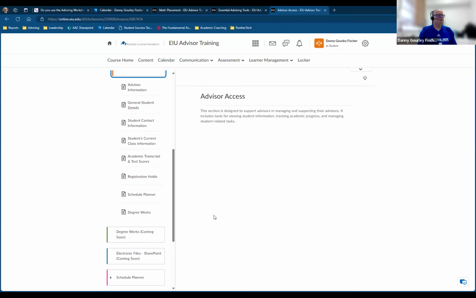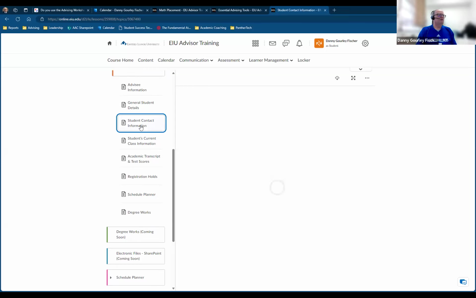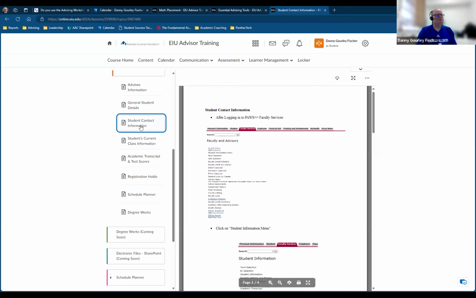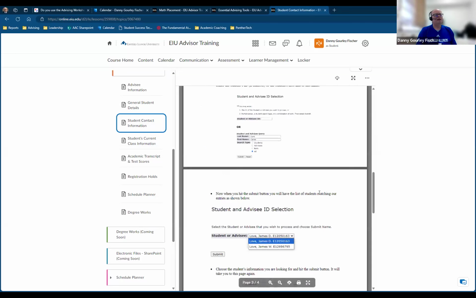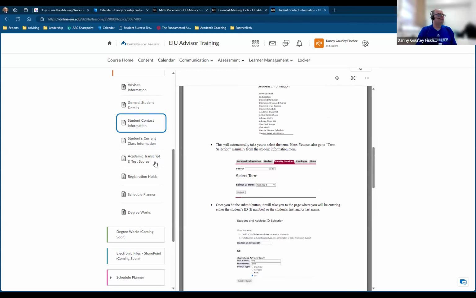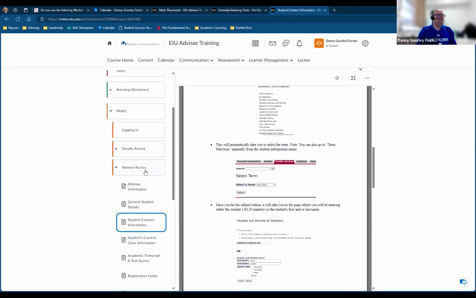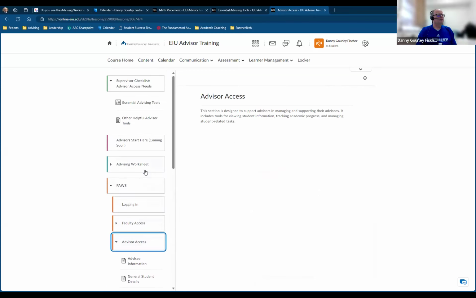But in the meantime, what is this? What is the list of things that I'm likely to do every single time that I interact with a student, right? If the student is sitting in front of me, I probably won't be looking up their contact information in that moment, right? So trying to give people an idea of what are the most common functions,